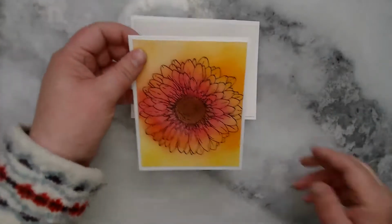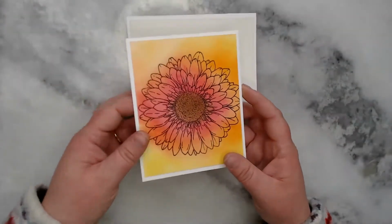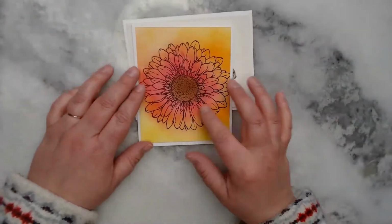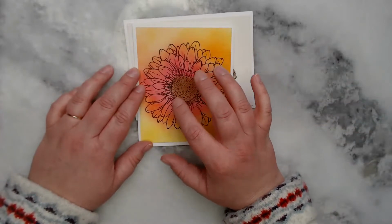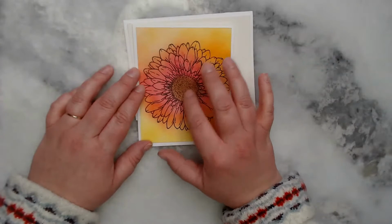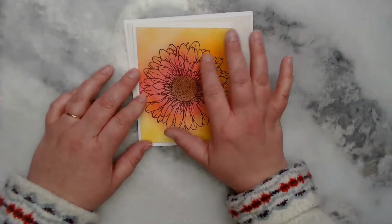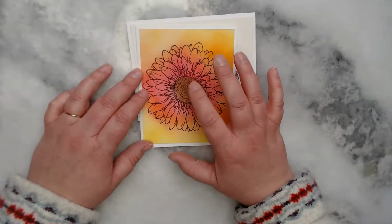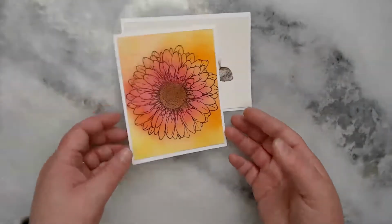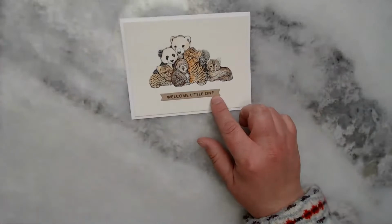Here's just a simple daisy. What I did was I stamped it, used distress ink, and I just blended. I started in the center with pink, went out, and then the edging I just did yellow, and then I got that pretty orange color in between, and then I just added brown right there. So not a whole lot. There's the other